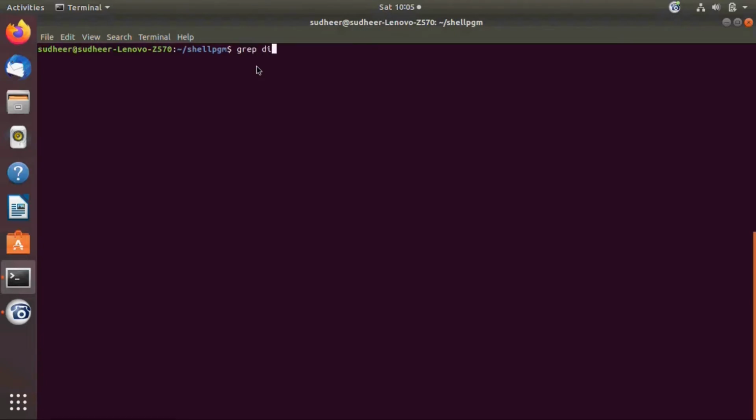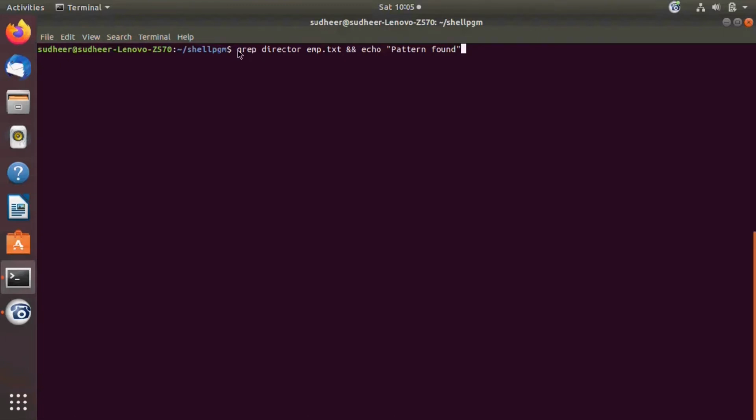grep pattern director and the file name employee.txt, logical AND, the second command echo pattern found. Let us see how that logical AND works.